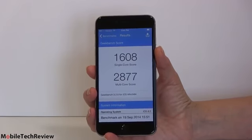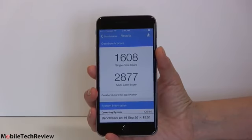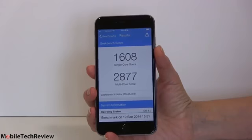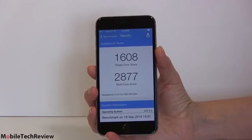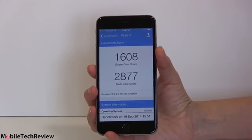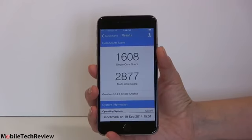Geekbench 3, you got it right here, 1608 for a single-core, where around 1,000 so far is the best we've seen on high-end Android smartphones running on a Snapdragon 800, 801. Multi-core, 2877. So, as always, Apple does a great job with their A8 CPU, just like they did with the A7 CPU. Good performance here. 3D Mark Ice Storm Unlimited,